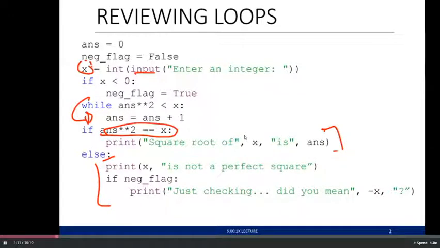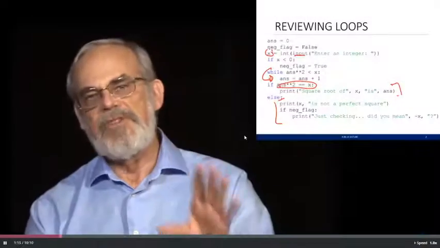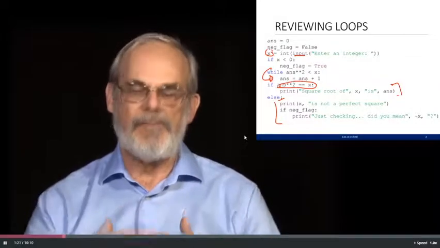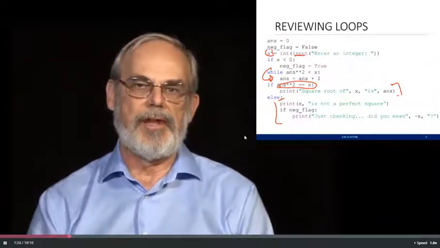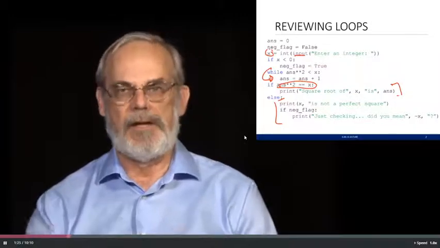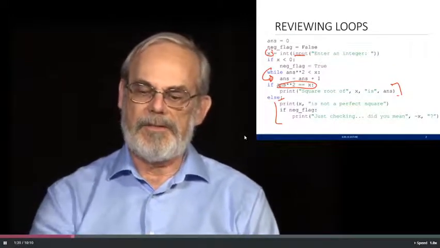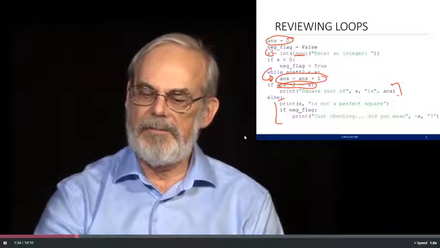And just depending on whether it was a positive or negative thing, it gives me a little bit of additional information. You can look through the code. I'm not going to run it. What I want you to see is that idea of guess and check. I generate values for answer until I get to a point where either I'm done and I have the answer or I've gone too far. And again, as before, I've got something where I'm setting up the variable outside and I'm changing the variable inside with a test that depends on it.